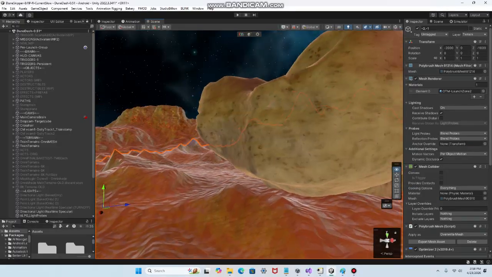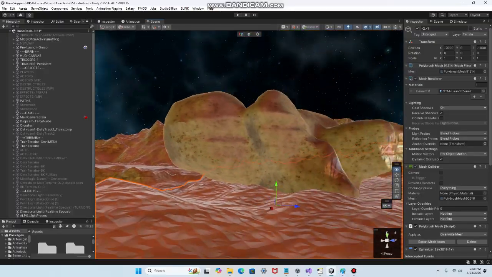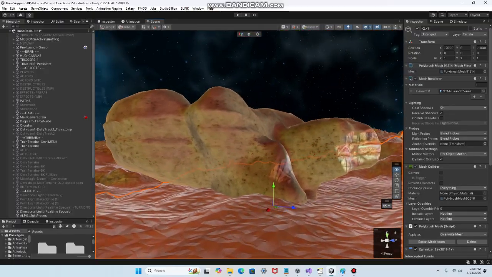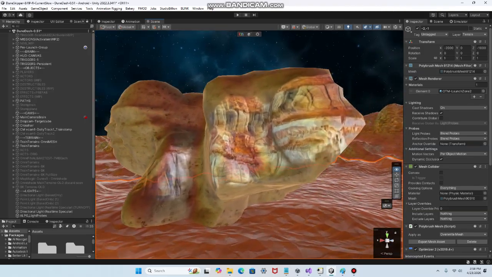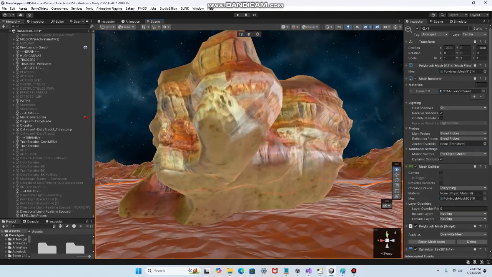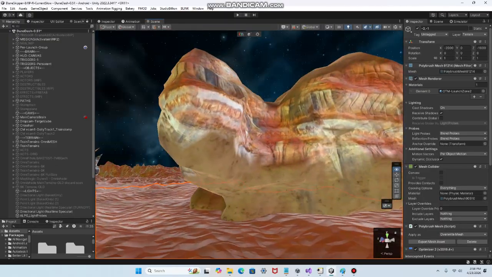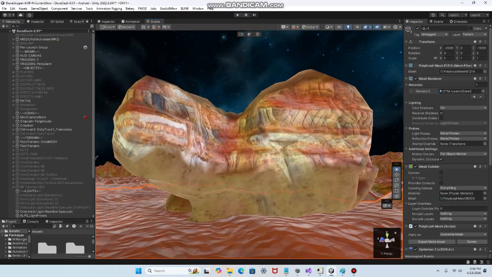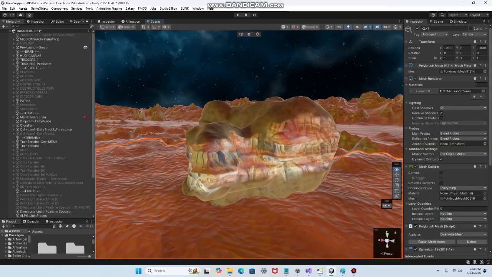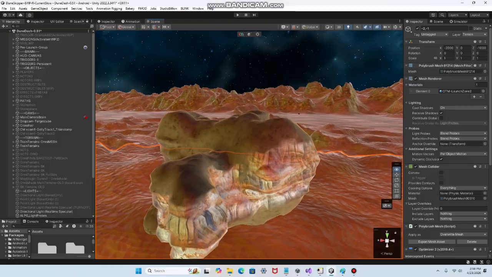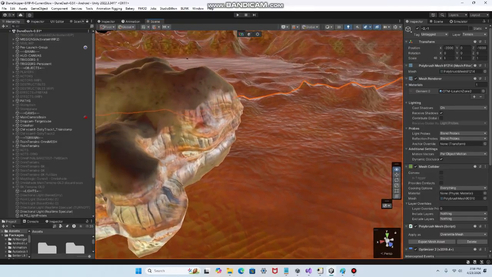You can't make a rock on top of your terrain. That has to be a separate model. So that's what I'm trying to overcome and avoid Blender with. But here's my normal terrain, and then to spice it up and get better shapes, I'm using Voxelica. So this was made with Voxelica and then exported out to Blender